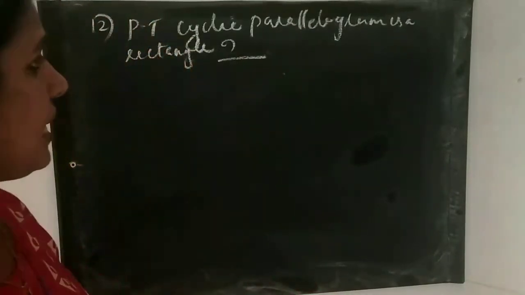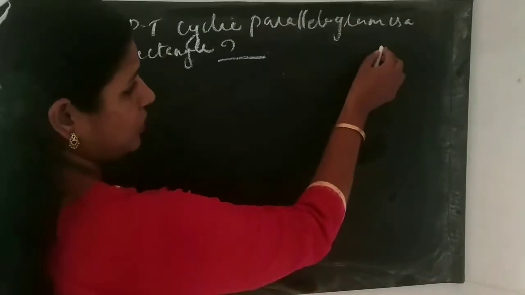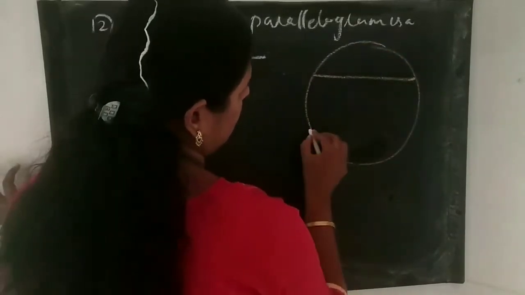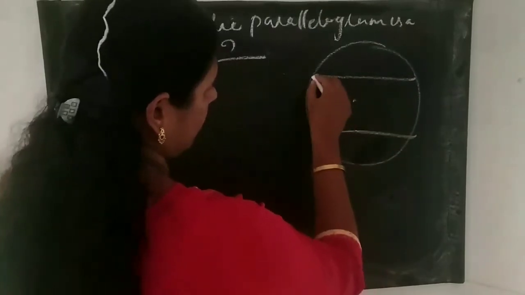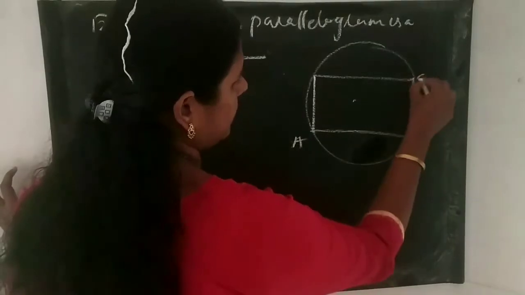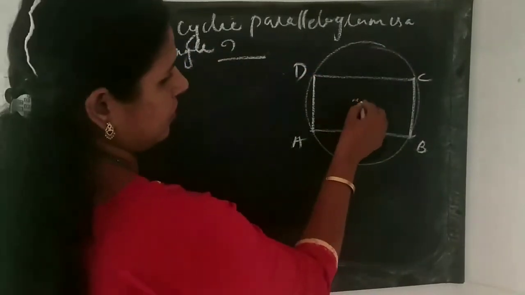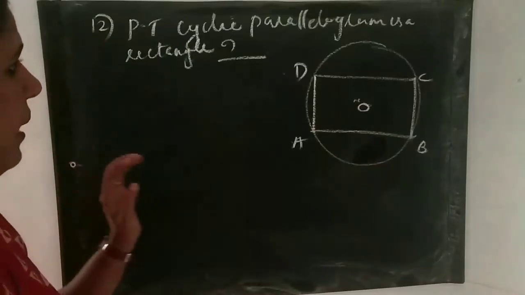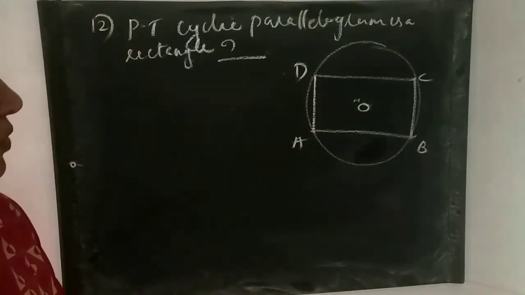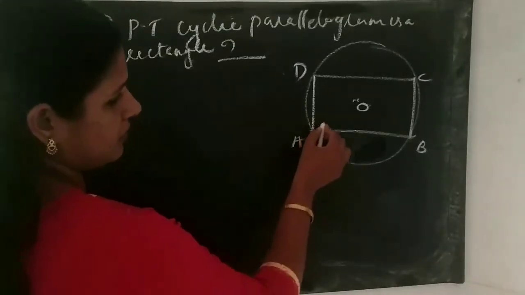So we have to prove the cyclic parallelogram is a rectangle. First we have to draw a cyclic parallelogram. A, B, C, D. This is a cyclic parallelogram ABCD with the center O. Now we have to prove this cyclic parallelogram is a rectangle. Okay. For this,